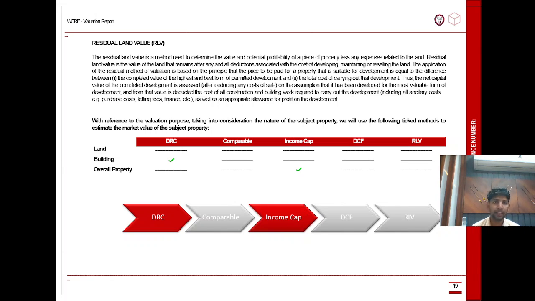the completed value of the highest and best use from the permitted development, and the total cost of carrying out the development, thus the net capital value of the completed development after deducting any cost of sale, on the assumption that it has been developed for the most valuable use, and from that value is deducted